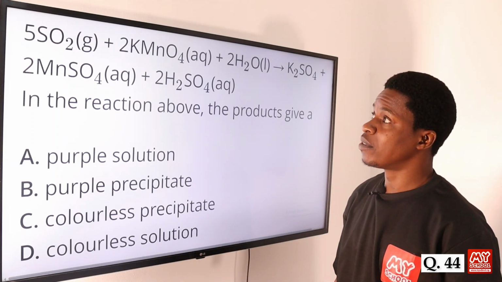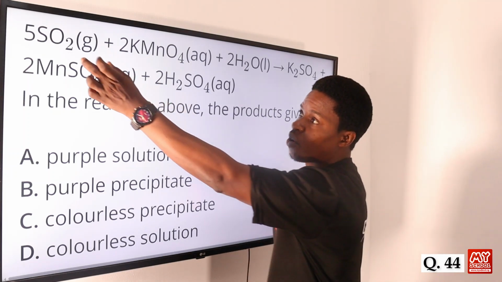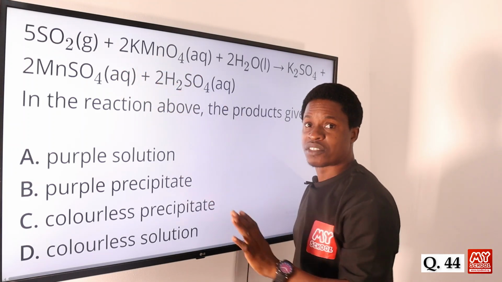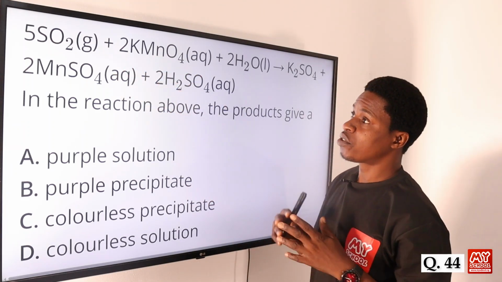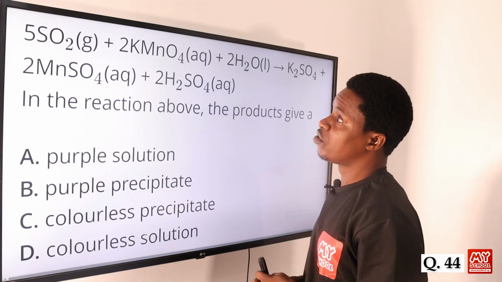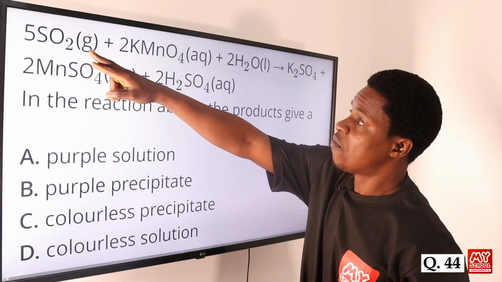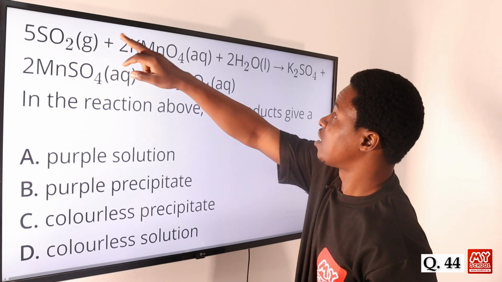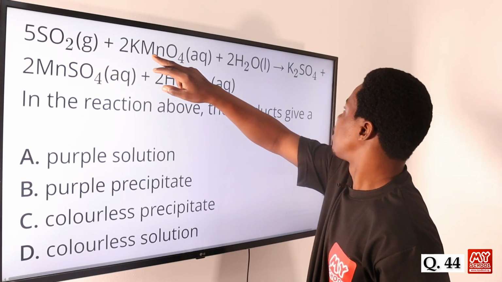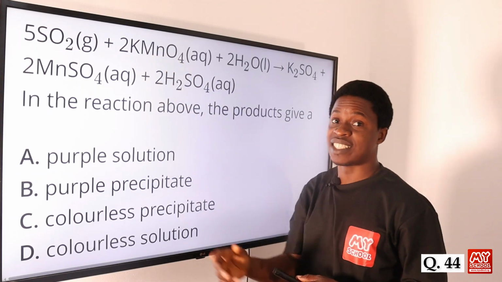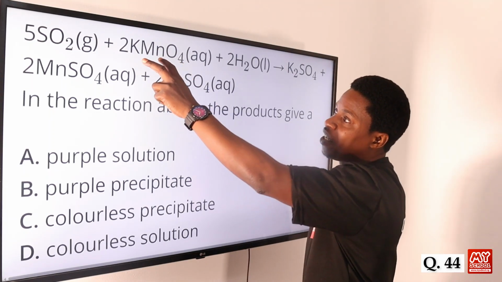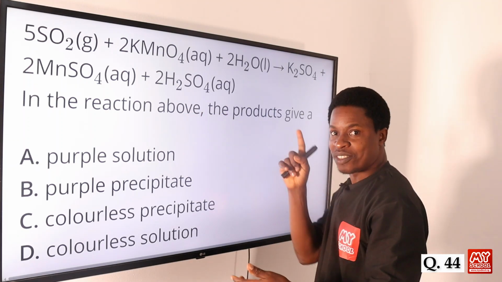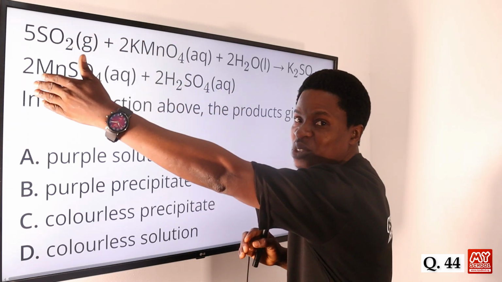First, a precipitate will not be formed because, first of all, this is sulfur 4 oxide, and then we have permanganate. This is a redox reaction. When we talk about redox reaction, there's reduction taking place here, and there is oxidation taking place here. Don't forget that here now, sulfur 4 oxide is acting as the reducing agent, while KMnO4 is acting as the oxidizer. Of course, it's a strong oxidizing agent. So in oxidizing agents, don't forget, we usually undergo reduction, while reducing agents we usually